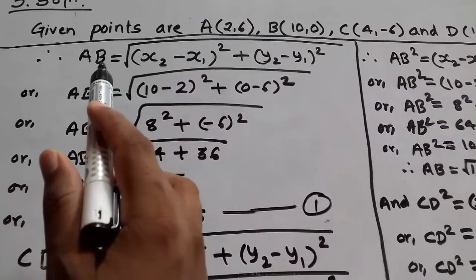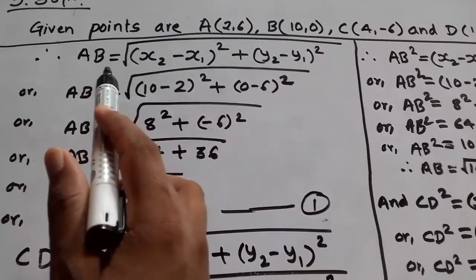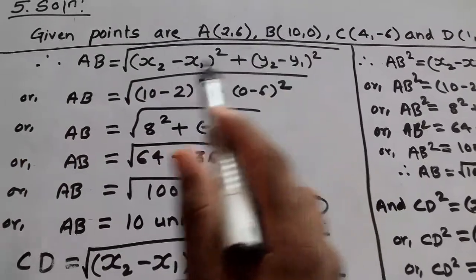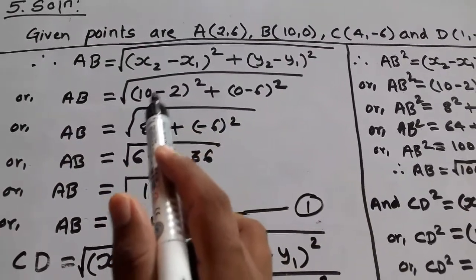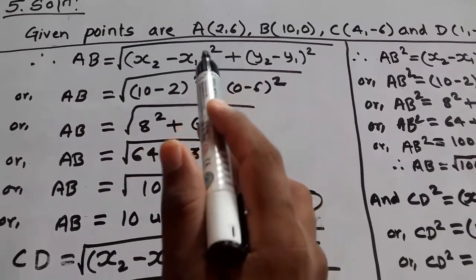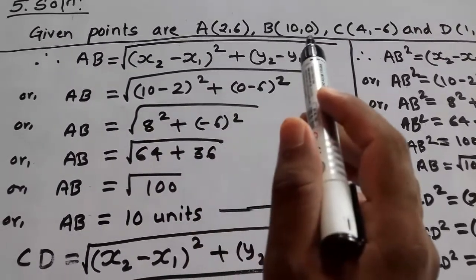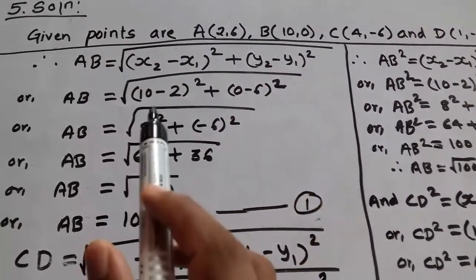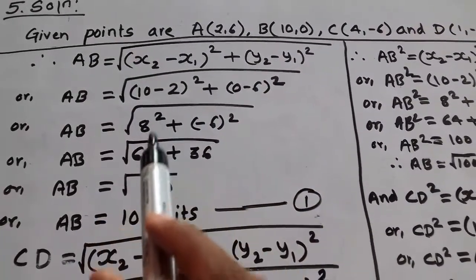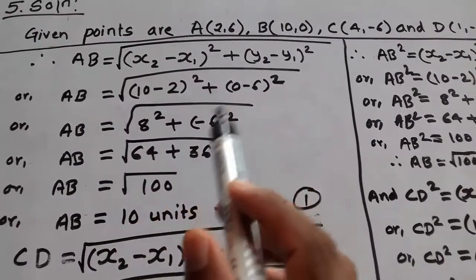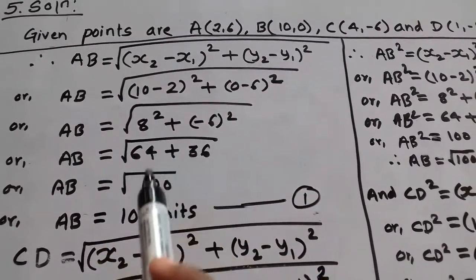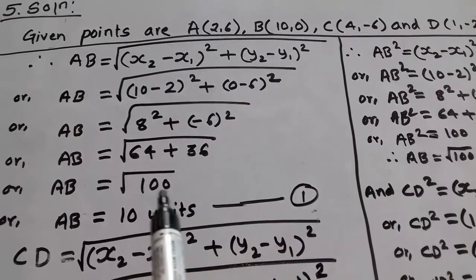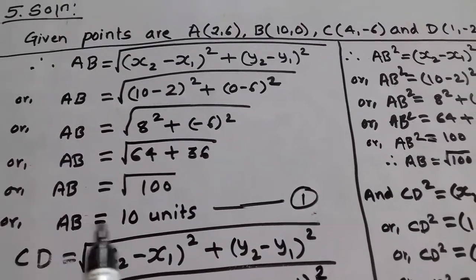For AB, the B coordinates are x2, y2 and the A coordinates are x1, y1. So in place of x2 we have used 10 and x1 is 2, then y2 is 0 and y1 is 6. Then 10 minus 2 is 8. 0 minus 6 is minus 6. 8 square is 64, minus 6 square is 36, adding gives 100, then square root